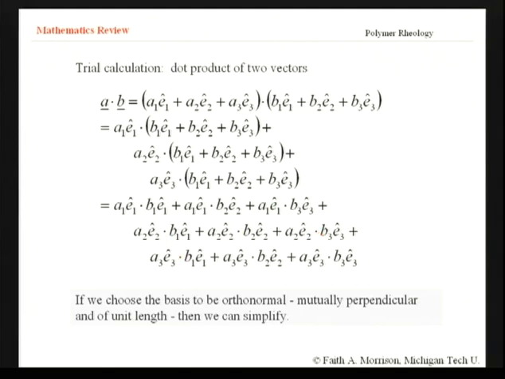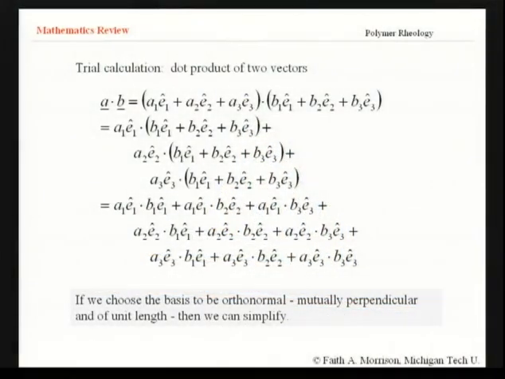Now, you may be thinking, why doesn't she just eliminate e1 dotting with e2 because they're 0? And that's true if we choose the basis to be orthonormal. Okay? And that's an important distinction. And that's something that you're used to because up till this point, you've always used coordinate systems that are orthonormal. And we will too. For 95% of the time, we will also use coordinate systems that are orthonormal. So this is, in fact, going back to linear algebra class or your introductory vector class. This slide in itself is the reason we choose orthonormal coordinate systems,